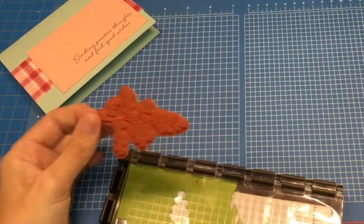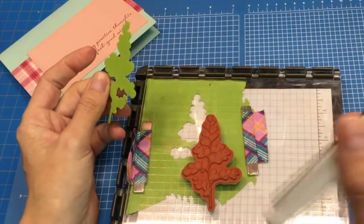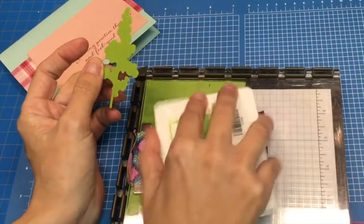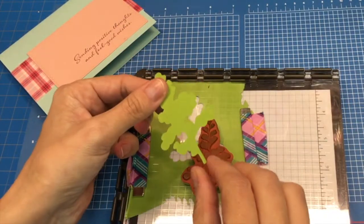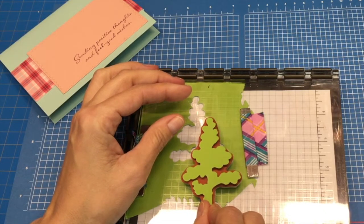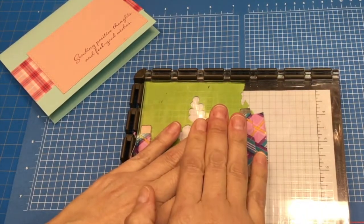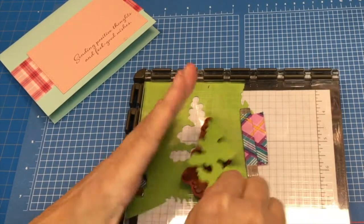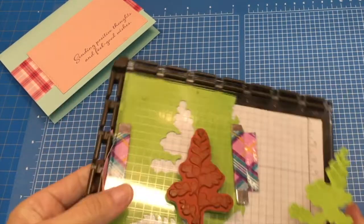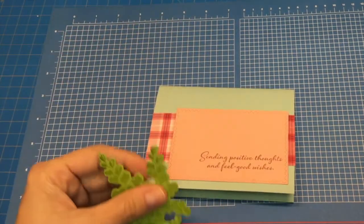Okay. If you don't have the die cut, like you don't have this ability, then what you can do is take your stamp and lay it face up and then stamp it like this. And I'm doing this in Granny Apple. And then turn it around so that you can see the edges. Okay. And then lay it down. All right, so then you're not trying to line it up. And I need to press a little harder, but that way you can get it all lined up. So you're going to take, there's 2 die cuts in there, and we're going to